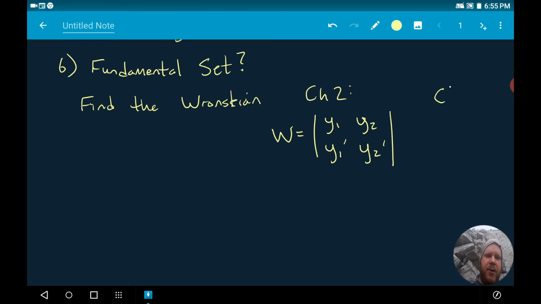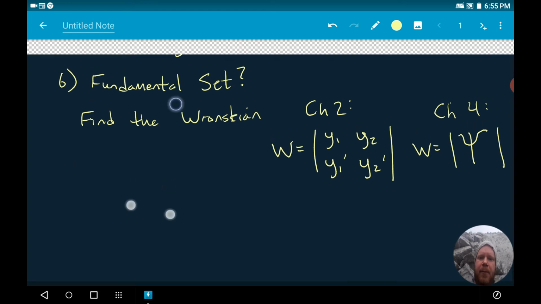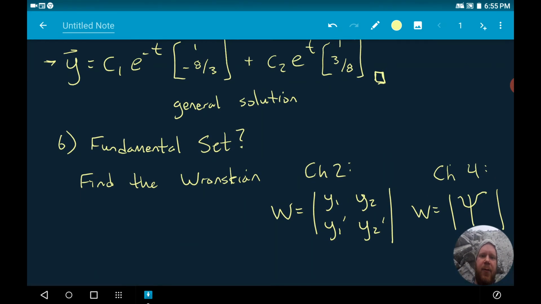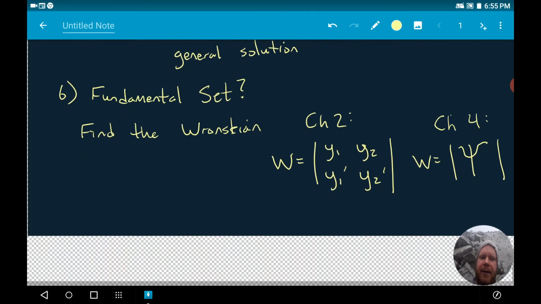In chapter 4, the Wronskian is going to equal the determinant of our solution matrix. So if this is the first time seeing this, go back and watch the linear algebra review videos. But for this one, it looks like we've almost got it in the form where we can look at the solution matrix. So